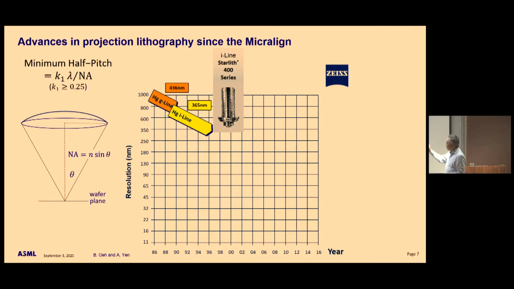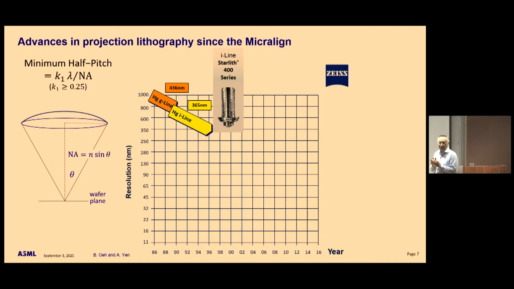And now I have to say a little bit about the resolution in projection lithography, okay? Only projection lithography; for proximity lithography, the resolution formula is different. This is k1 lambda over NA, and this is the minimum half pitch. We were just talking about this with Eli. Minimum half pitch, right, is a more accurate